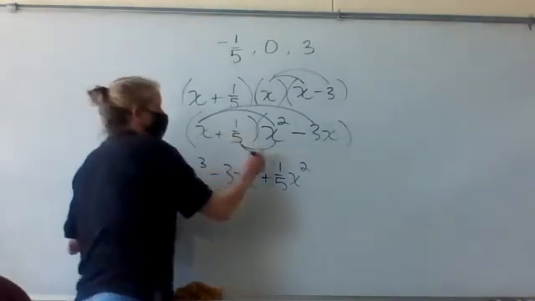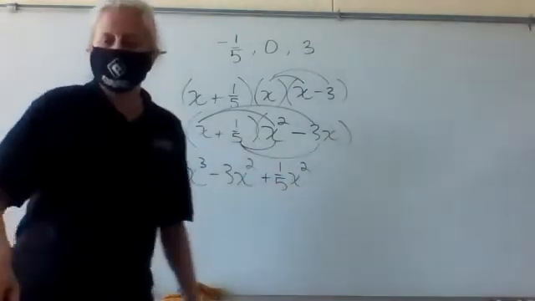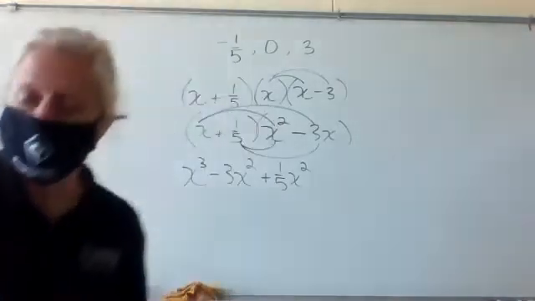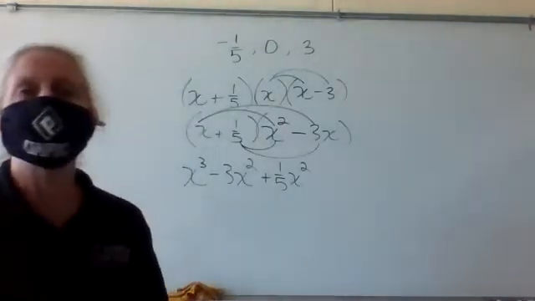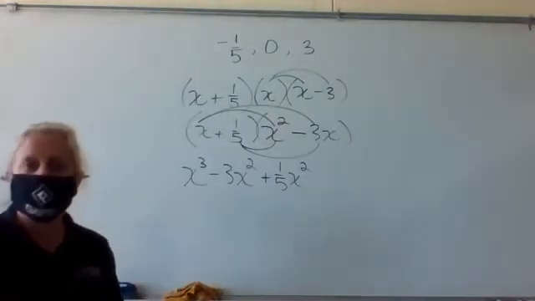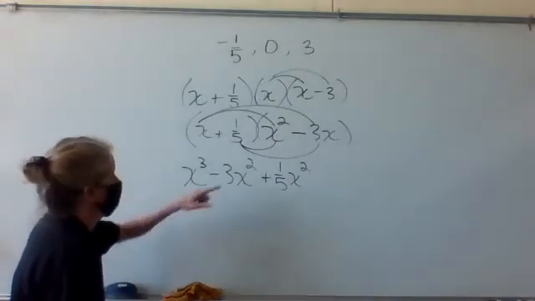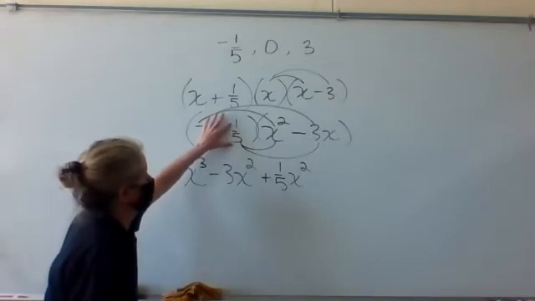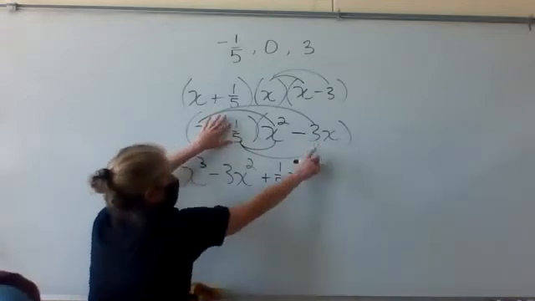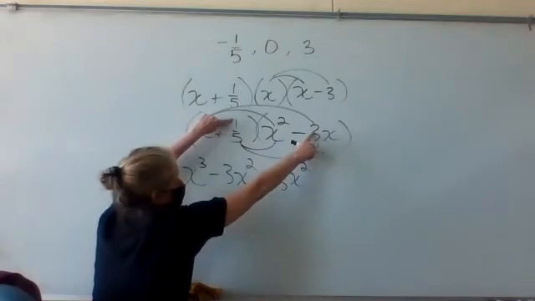And my last 1/5 times -3x. If you didn't want to multiply that out, multiplying fractions is not hard though. It's the adding and subtraction with different denominators that makes it more difficult. But if you're multiplying fractions, you just go straight across on top and bottom. So that's just going to give me